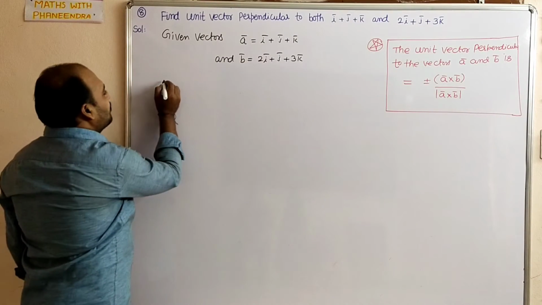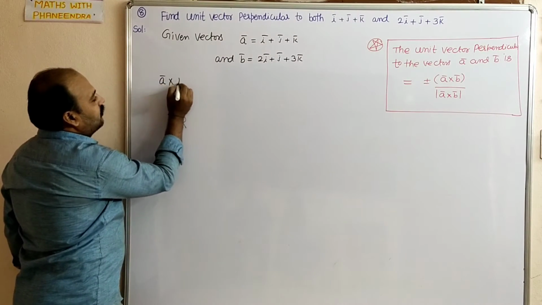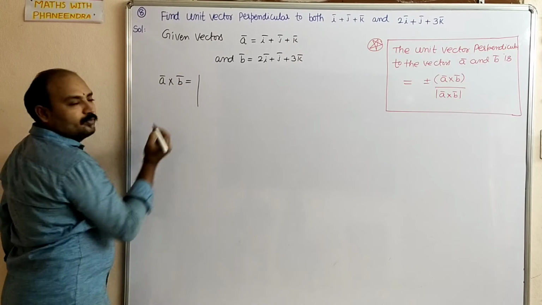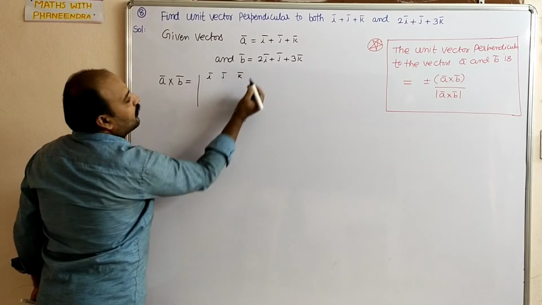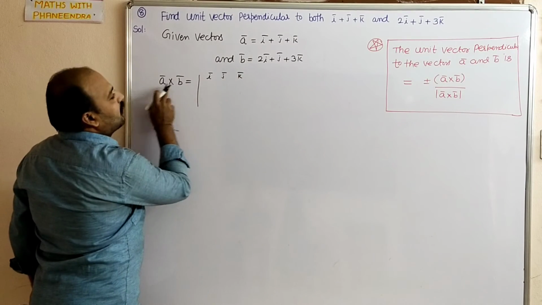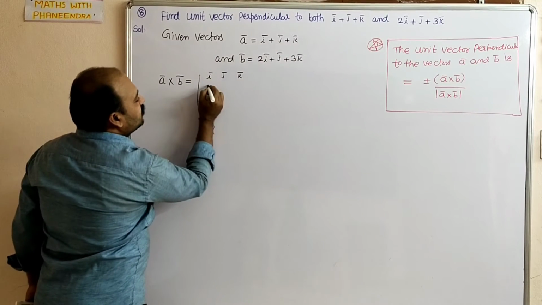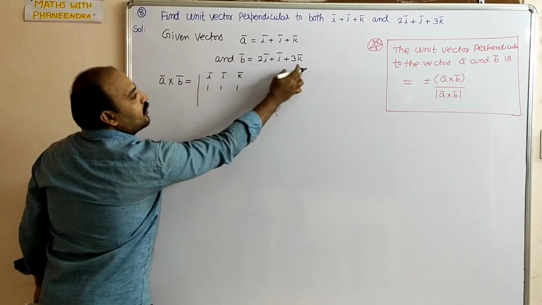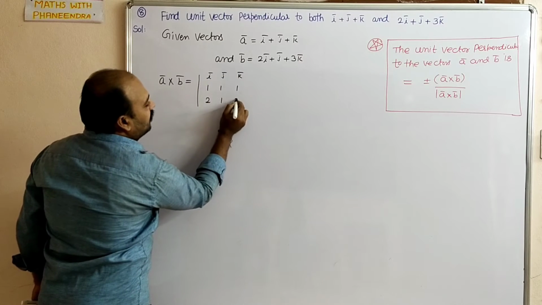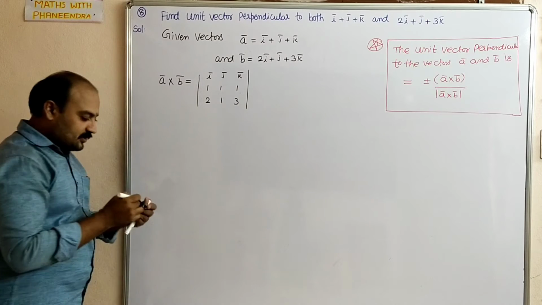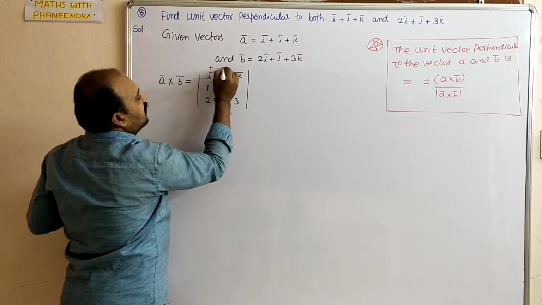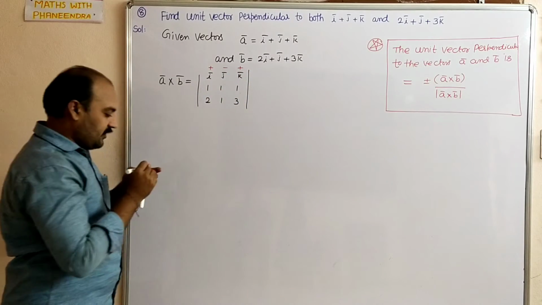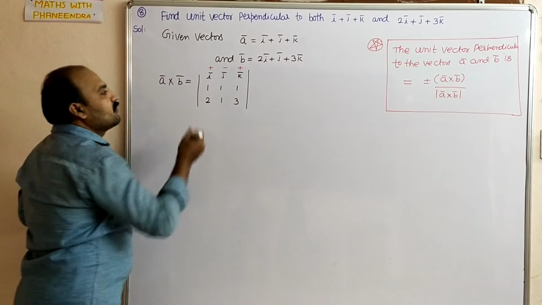So first I am calculating A bar cross B bar, which is equal to I bar, j bar and k bar. A bar, first vector, A bar components, write it 1, 1, 1 and B bar components 2, 1, 3. We know how to expand this 3 by 3. Here plus, here minus, here plus. In the previous classes we discussed. So now,